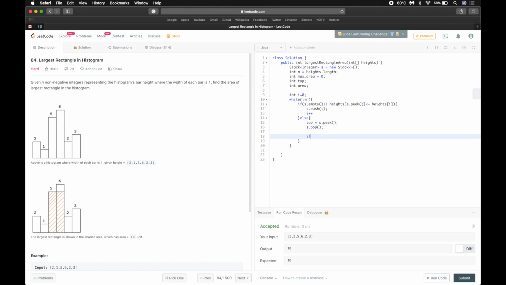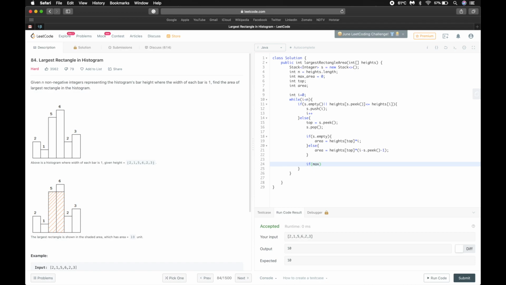Now we will check if our stack is empty. If it is empty, then we will calculate the area as per the formula that I have already told you. Else, the second formula, that is i minus s dot peak value minus 1, and we will update our area.